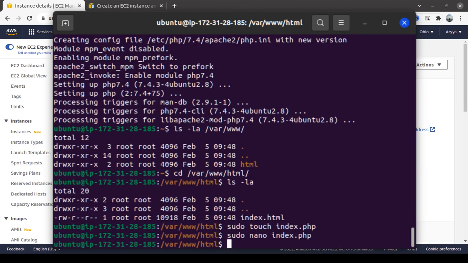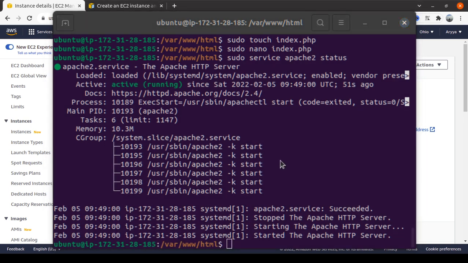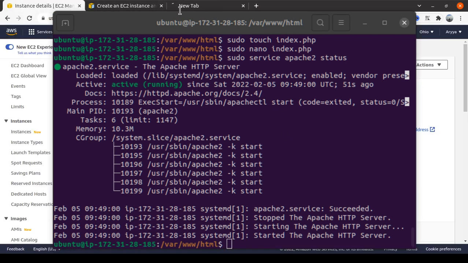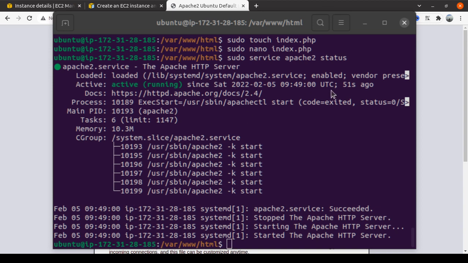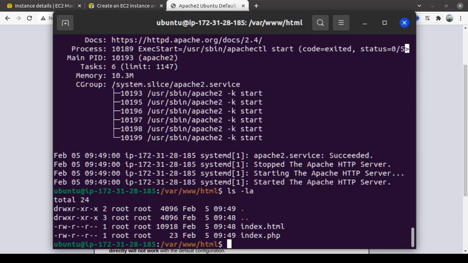And let's start Apache. Sudo service apache2 status to check the status first. Okay, it's already running. So let's try to open the public IP or the domain name here. Let's wait a moment for this one. Okay, we can see that now this is the default page for the web. It's still using the index file, so let's try to delete the index.